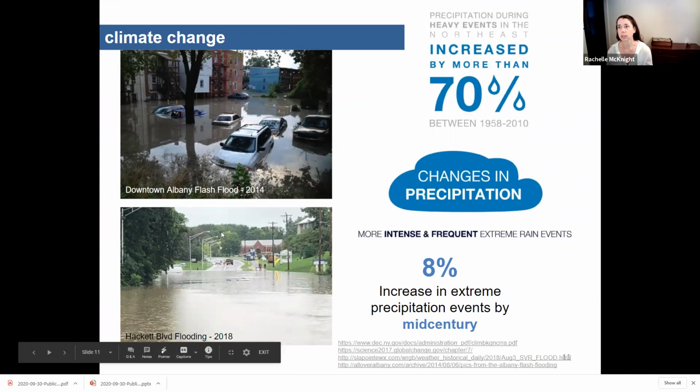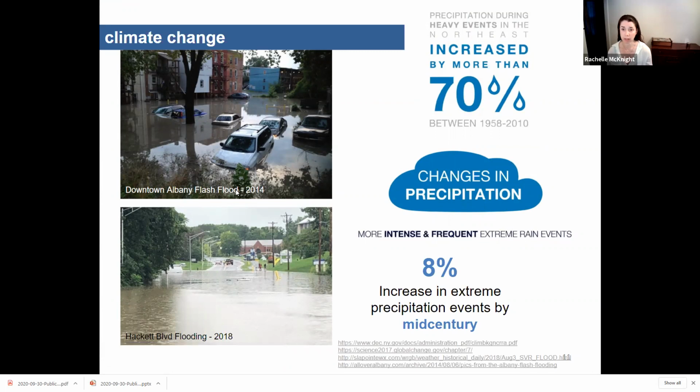So anyway, as you can see, flooding can occur very, very suddenly. I would expect most people have witnessed this in some version or another, but because precipitation events are getting more extreme, we are more likely to see this more often as the climate warms and as the climate changes. So one of the reasons we're looking at stabilizing the shoreline and improving the waterfront is to reduce some of the risk associated with this type of flooding.